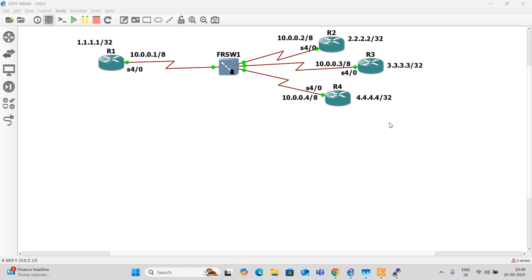It's not safe. And there is no DR-BDR, that is a good point. We don't always have a full mesh. In point to multi-point, there is no DR-BDR, it is good. But forming neighbors dynamically is not good, because it's a WAN environment, insecure.